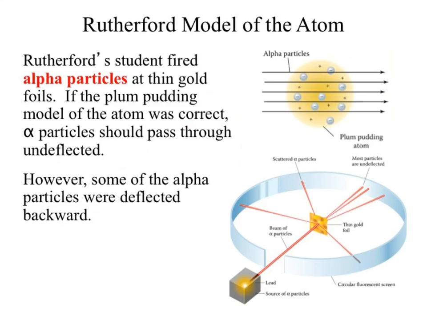If he's wrong, that means there's some center to the nucleus, or some center to the atom. Okay? What was the end result? They looked at that developing film all the way around the sample, and what they noticed is that, yes, most particles, or alpha particles, went straight through. But then there were a few that didn't go straight through. You saw some minor deflection, and you saw some massive deflection, almost going backwards.